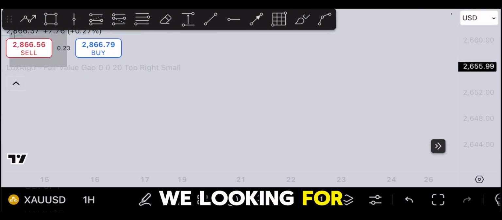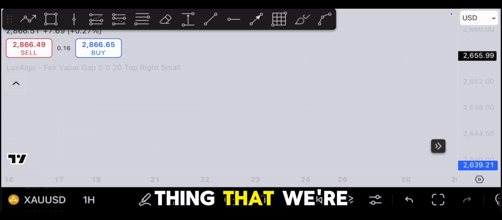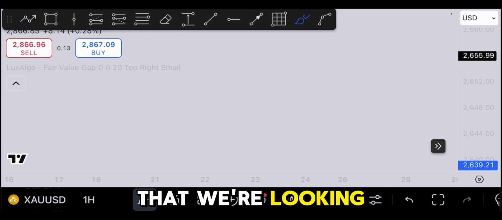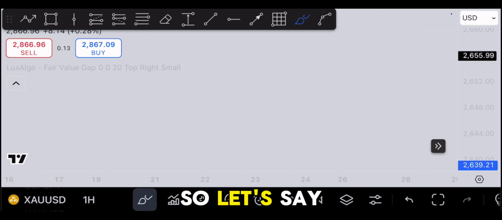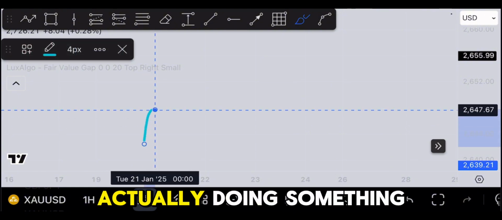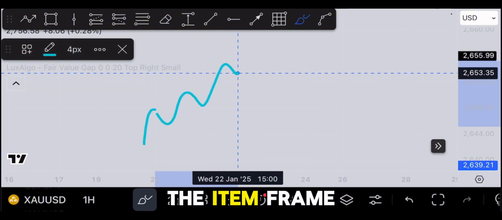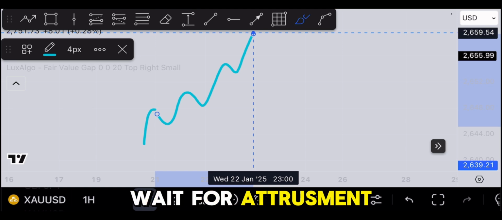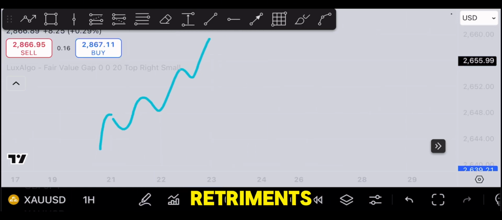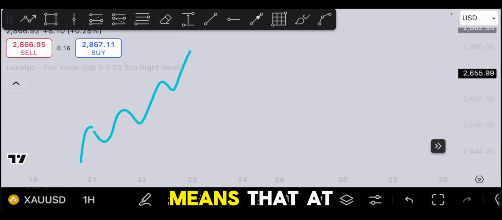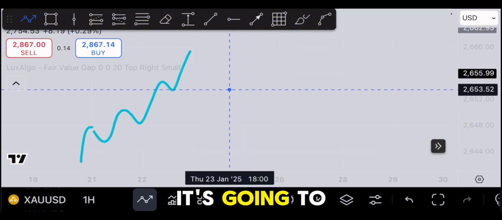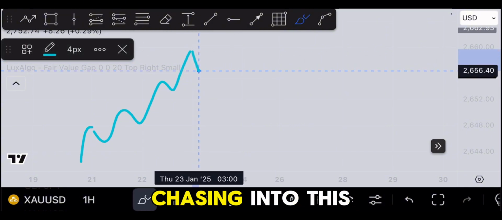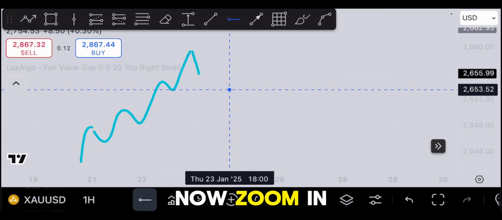So what are we looking for in price? The first thing that we're looking at, we go to the higher time frame. So let's say this is the higher time frame and we see the market is actually doing something like this. The higher time frame is bullish. Then now what do we wait for? We wait for retracement. So how do we find these retracements? If the higher time frame is bullish, it means that at a certain point in time, it's going to want what? To retrace. So when you see the market actually now retracing into this zone, that's when we now zoom in